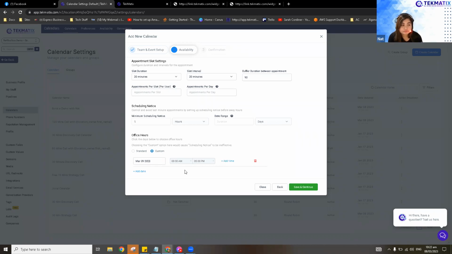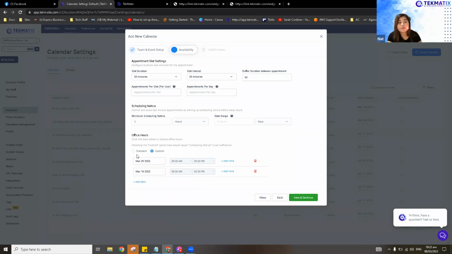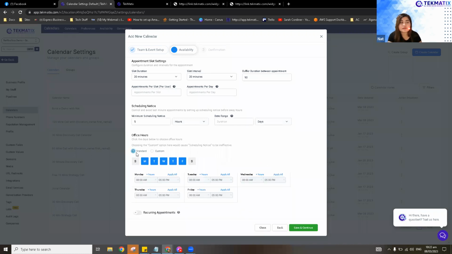Then you can add another date. I'm not sure how many dates you can add, but this is how the custom calendar works. This is one of the new updates we have. For now, let's just do standard because I want full week availability.